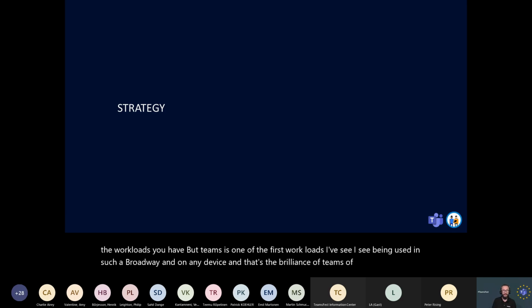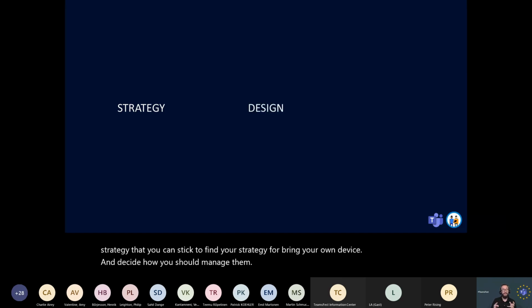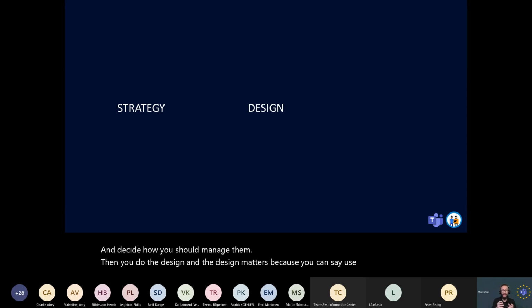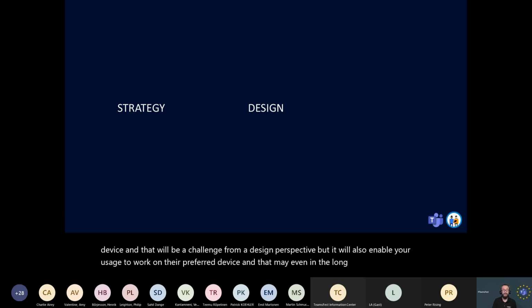So find your strategy that you can stick to, find your strategy for bring your own device, and decide how you should manage them. Then you do the design, and the design matters because you can say use any bring your own device, and that will be a challenge from a design perspective, but it will also enable your users to work on their preferred device, and that may even in the long run be a benefit to you.